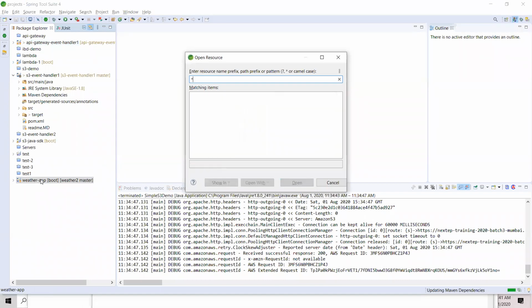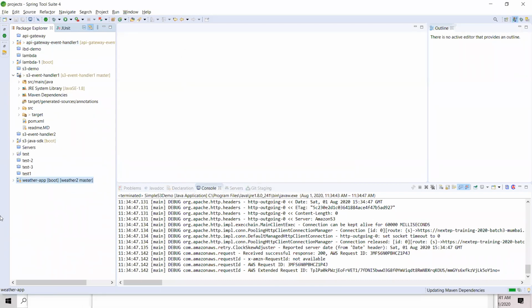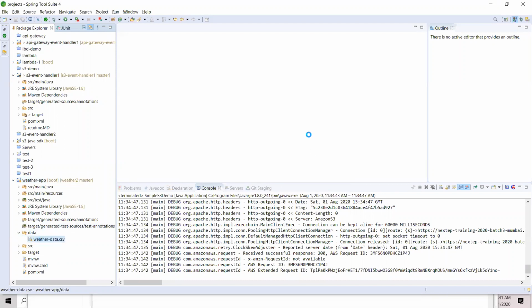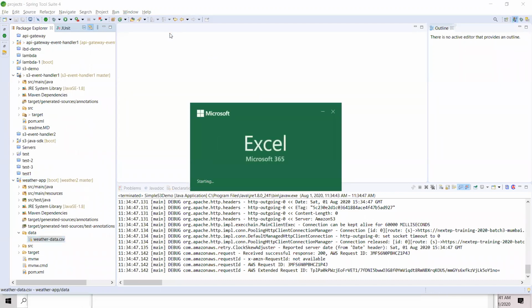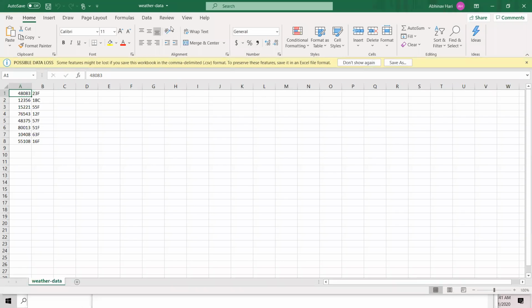The first baby step is: I have a CSV file. Let me show you. Yep, the weather data CSV file here. Take a look at this CSV file. So this is how it's going to look. I have two pieces of information here. I have a zip code and I have a corresponding temperature, in F and C, Fahrenheit and Celsius, right? So these are all the zip codes.